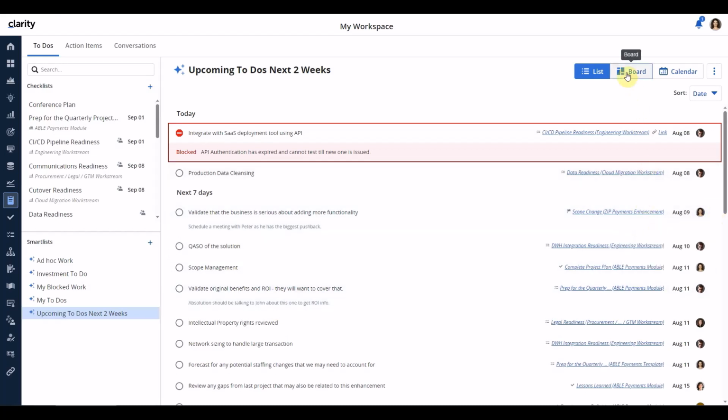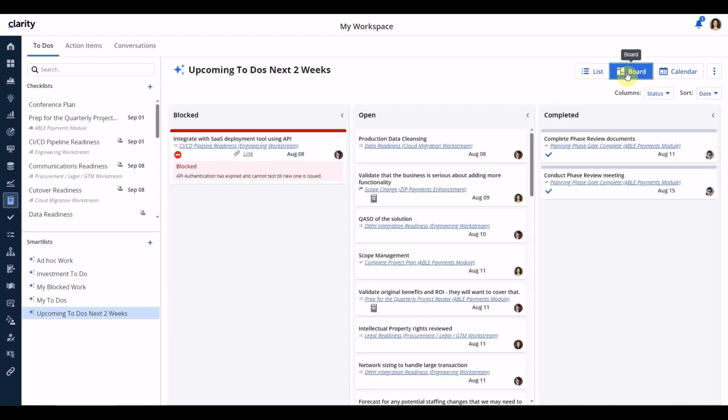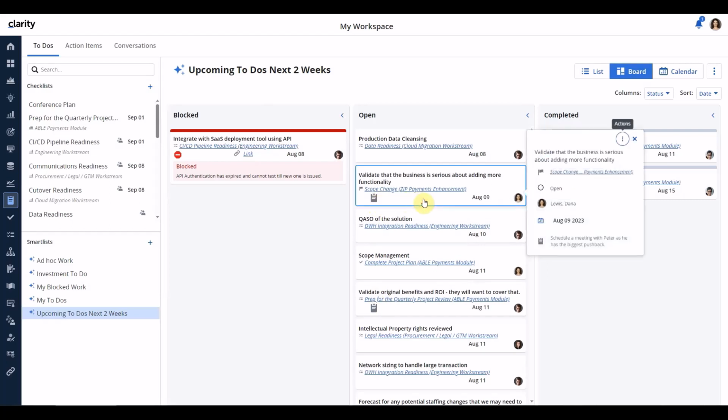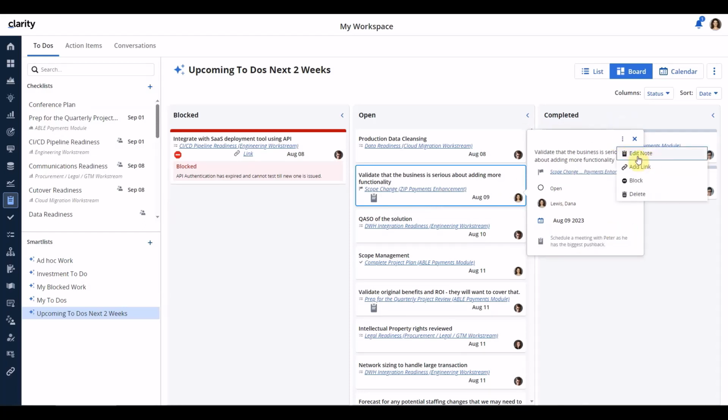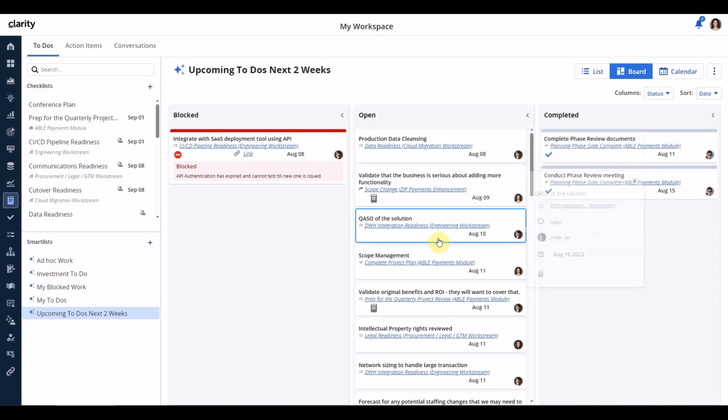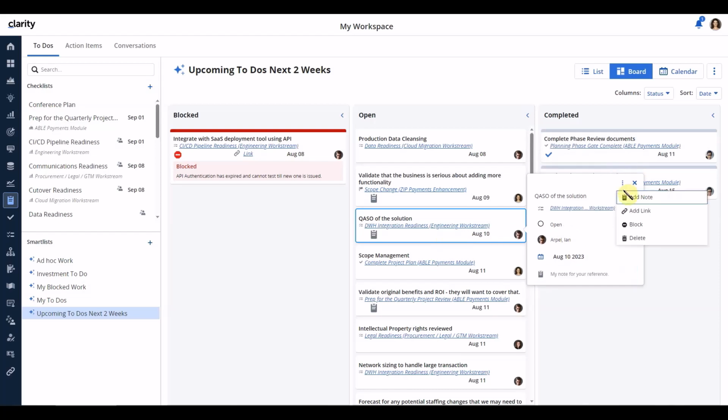The same if I go to the board view, I can easily see that the two to-dos that have notes have the new icon displaying that this to-do has a note tied to it. I can double click on it to open the to-do for editing, and I can see the note right away. I can click on it to go into edit mode, or I could have done the same by going into the three-dot menu and using the edit note button. To add a note to any new one, I can just double click on that, and I can just type a value here, or I could have done the same by doing an add note right there.